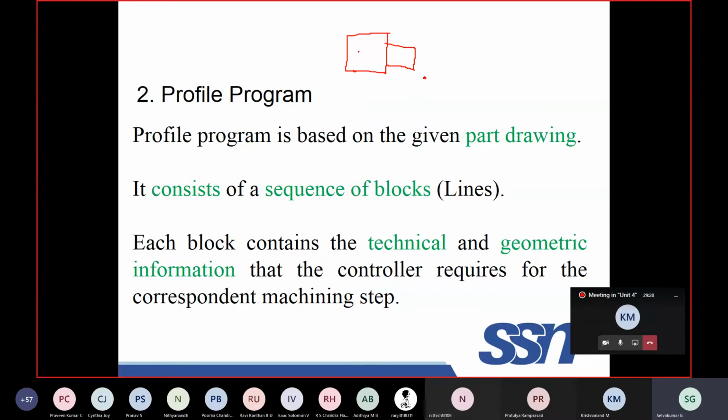The job is fixed and revolving with a certain RPM. The tool will be moving in this direction. If I give a depth of cut here and make it move up to this position, then I can turn this part. This portion will be removed, and equally this portion will also be removed because of turning. So the movement of the tool with respect to the profile is given here.